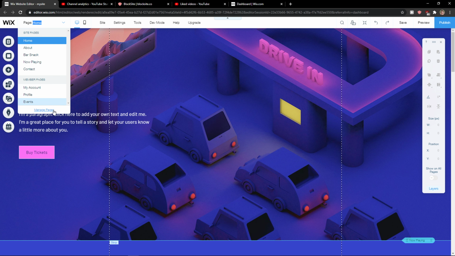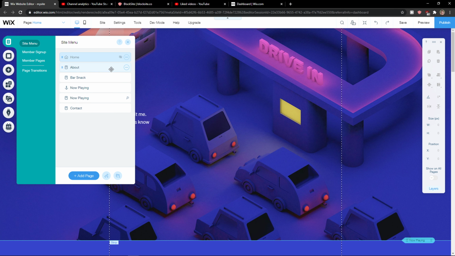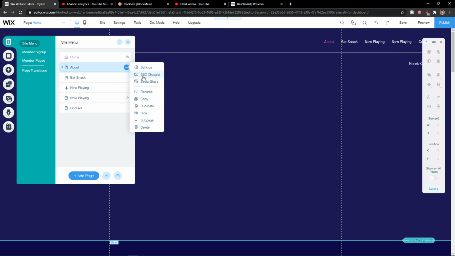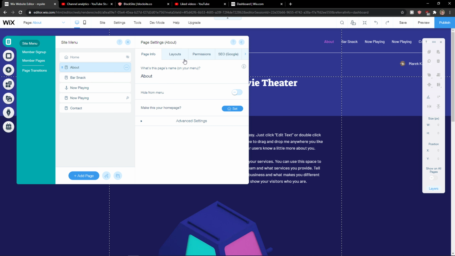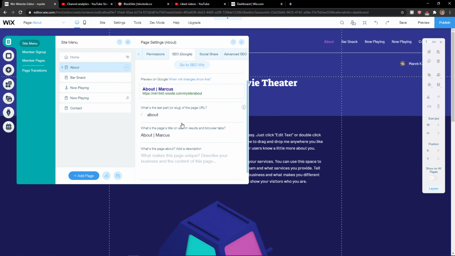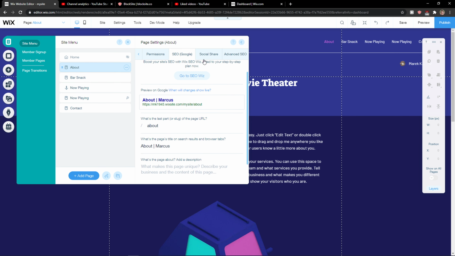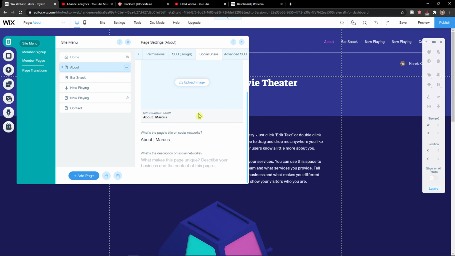click on Page and Home and click Manage Pages. When you're here, you just want to click on About, and then you're going to select Settings here. And when you click here on SEO or Google,